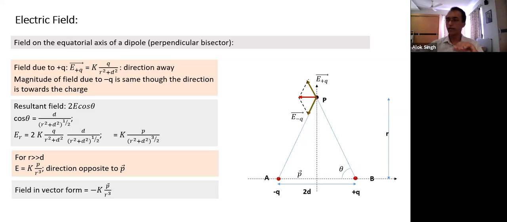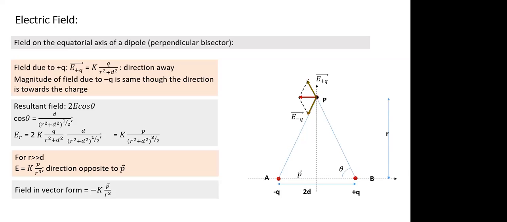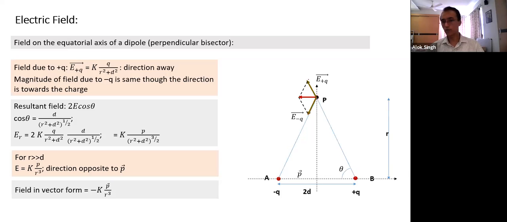So if I take a dipole like this pen, and take a plane perpendicular to it passing through the midpoint, it's not the equatorial axis, actually it's the equatorial plane. Any circle I take like this, everywhere the direction of the field will be in the reverse direction. Are you getting my point here? You understood?